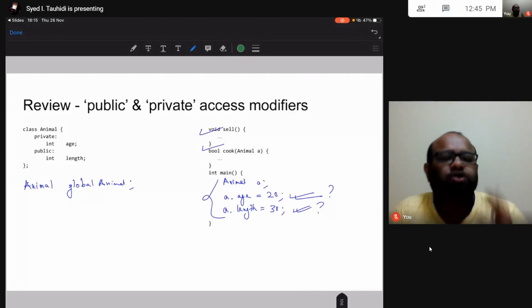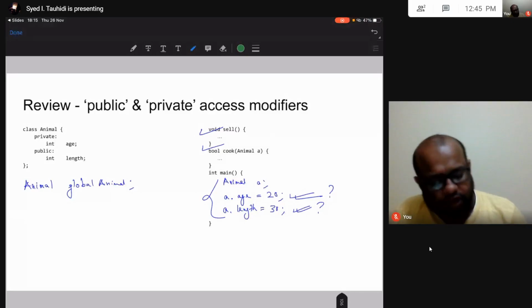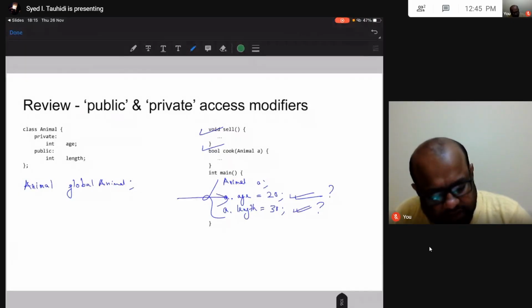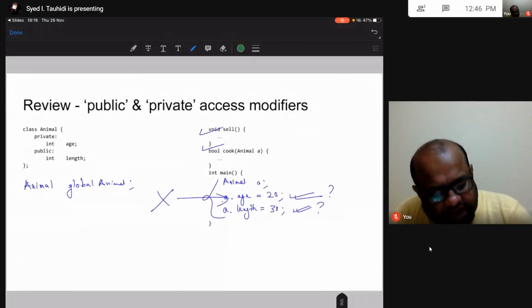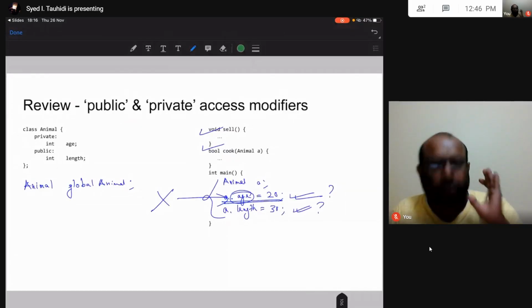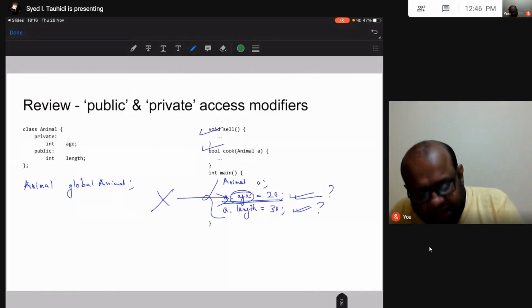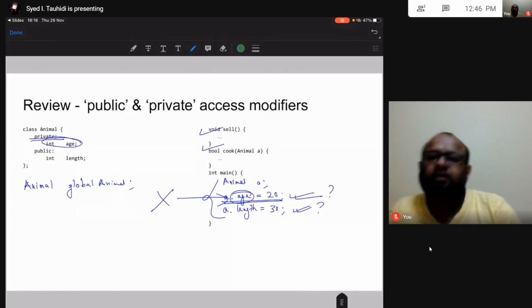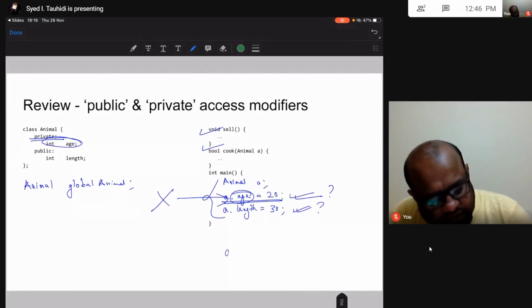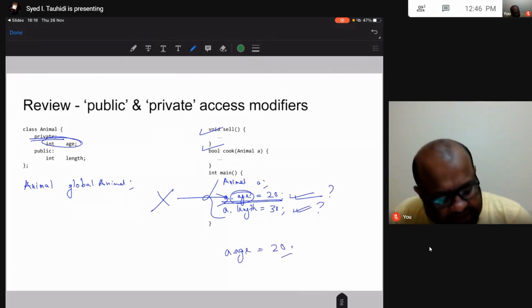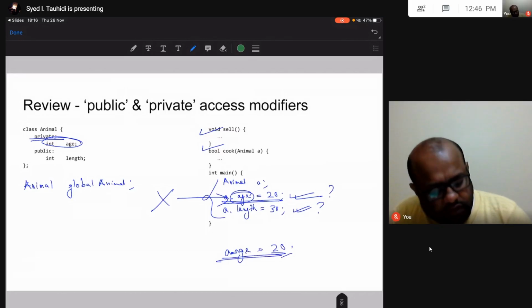This should be very well known to you by this point: this is not possible. Why is this not possible? We cannot directly access the age attribute of this object A because age is declared as private. So we cannot write A dot age equal to 20. We cannot write the value of age, and we cannot read it either. Let us try to read A dot age. This is not possible.